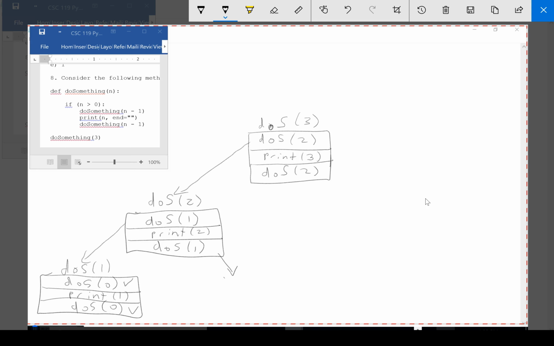Which is do S1. So we got do S0, that's done. Print 1, do S at 0, it's done. Okay. Now, we do bottom,